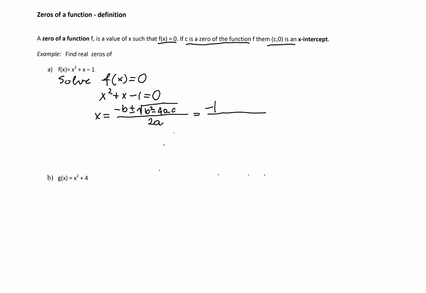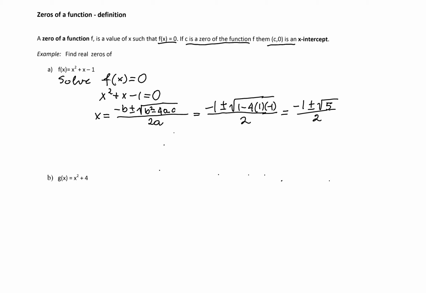So we'll have negative 1 plus or minus the square root of b squared, which is 1, minus 4 times 1 times negative 1, over 2 times 1, which is 2. And doing the arithmetic within the radical, we'll end up with 5,